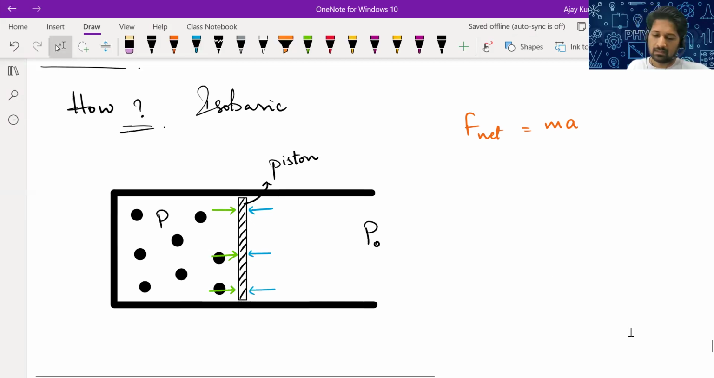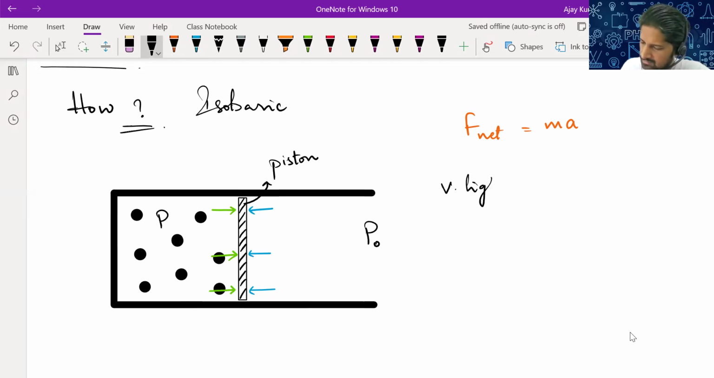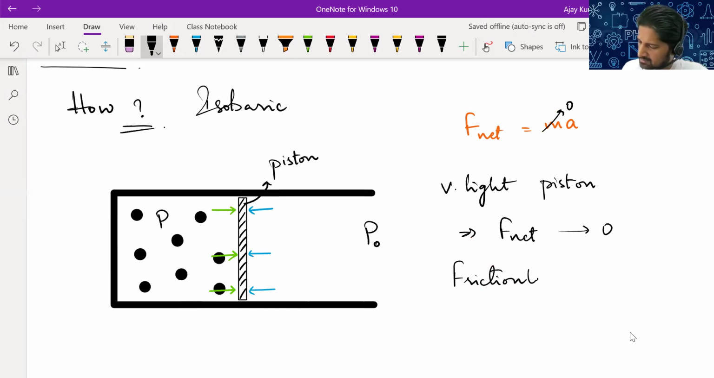Now, if the piston is massless or a very light piston, then you can say that the net force on the piston, if mass tends to 0, very light means mass tending to 0, then the net force also will be tending to 0. And assume it is frictionless also, or negligible friction. So if you consider a very light and frictionless piston,